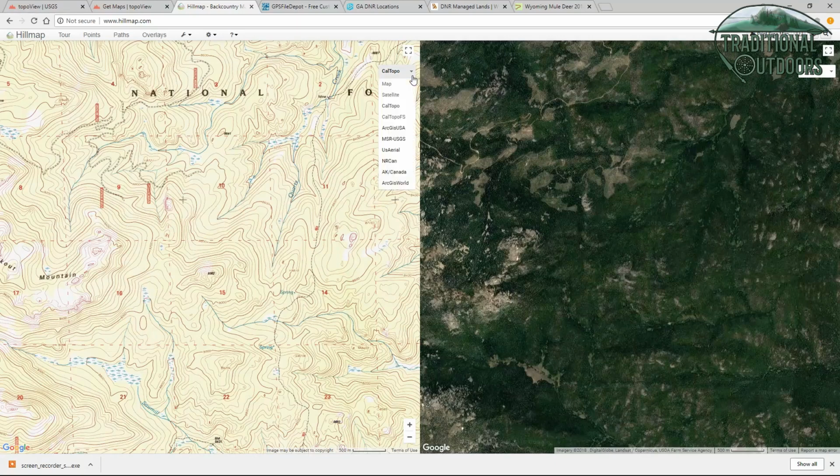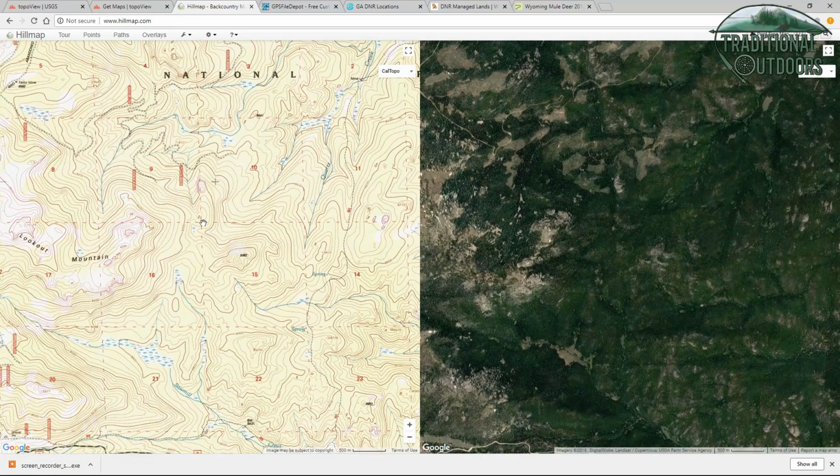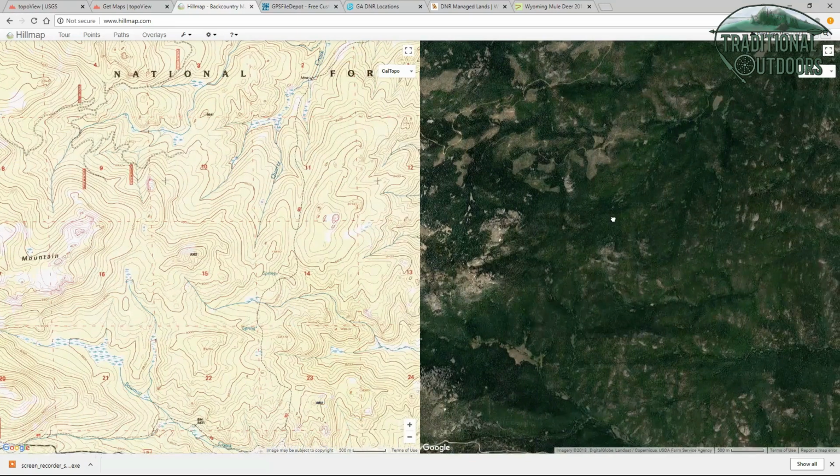And there's other maps you can choose here, but the general idea is you can see an aerial photo view, and you can see the topo view from a side-by-side perspective, so that if you center this in the screen here, it's going to be the center of what you're looking at here. And again, personally,